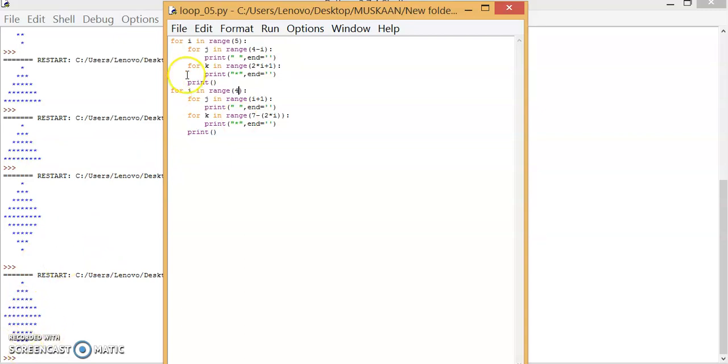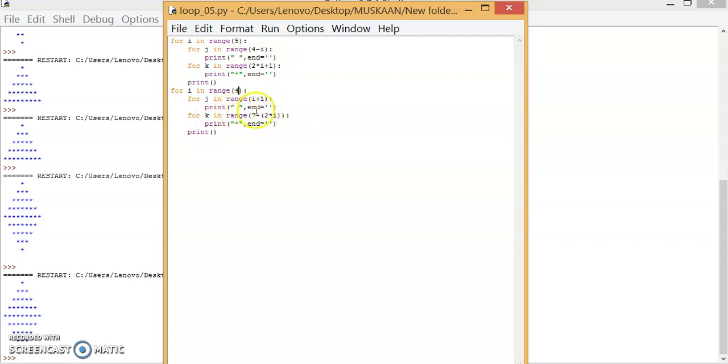So we get 4 lines here. Then for i in range 4, first i is equal to 0, then we go to the j part, where j is i plus 1, which means one space.